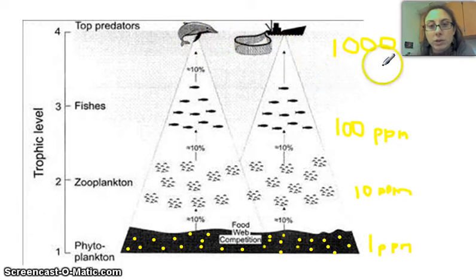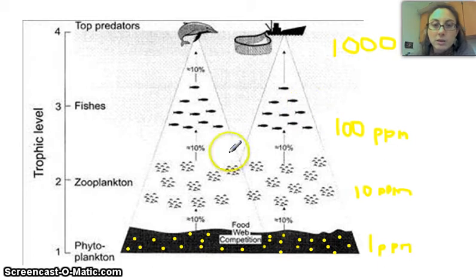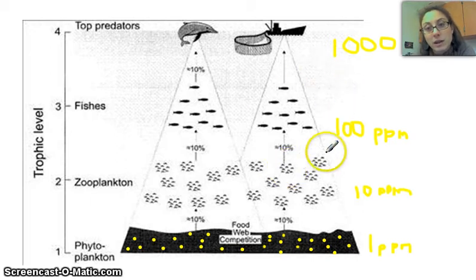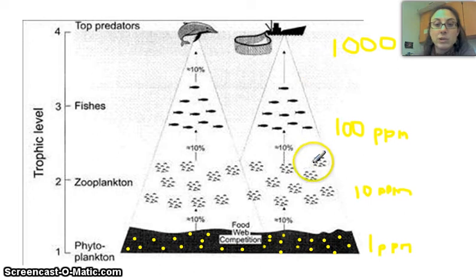Now we're talking about things like dolphins and humans accumulating a lot of mercury, which is why there are strong arguments, if you look at the Seafood Watch information put out by the Monterey Bay Aquarium, or even information at the Norwalk Aquarium, that they recommend fish that eat lower down in the food chain, not just because of the conservation of energy in the ecosystem,